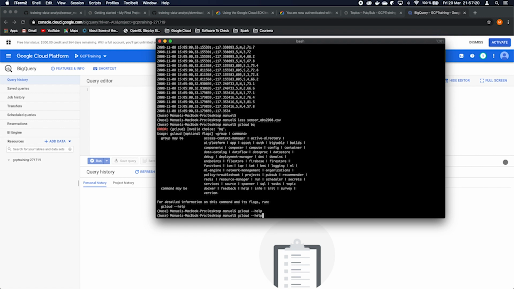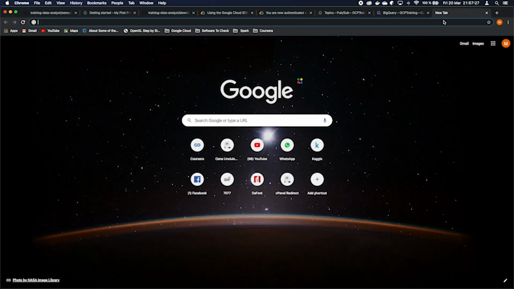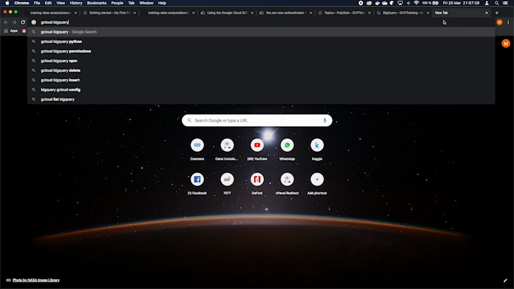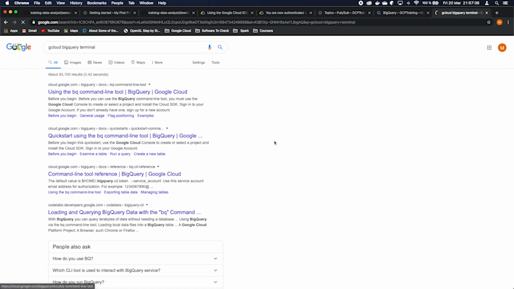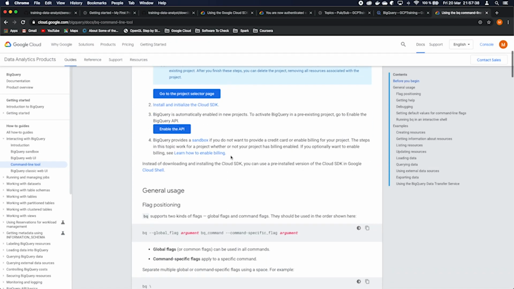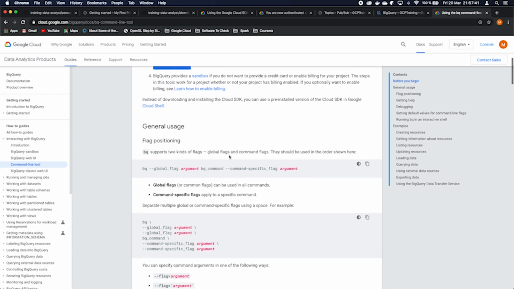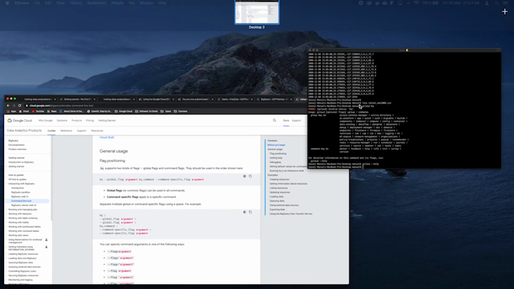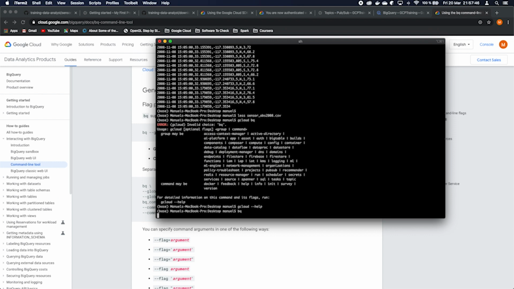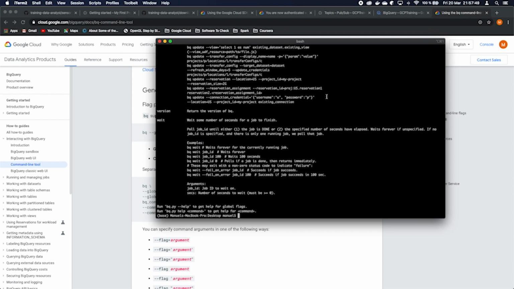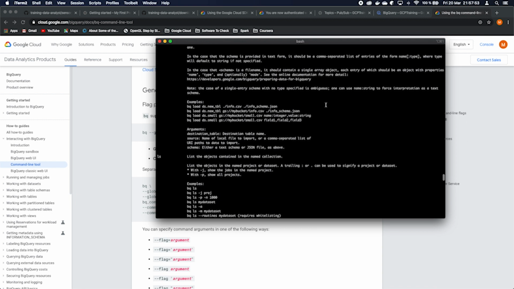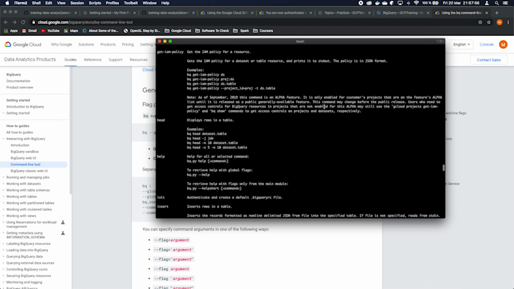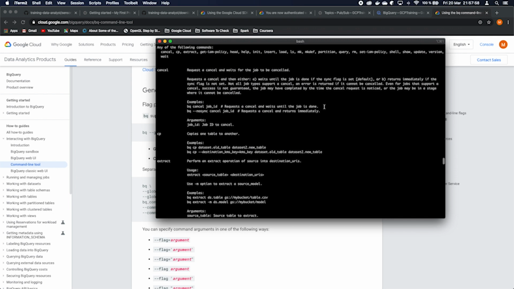Okay, in this case, it seems that the command is bq directly, and as you can see, that's how you do it. So guys, every time you need something which you can't find, you always have Google.